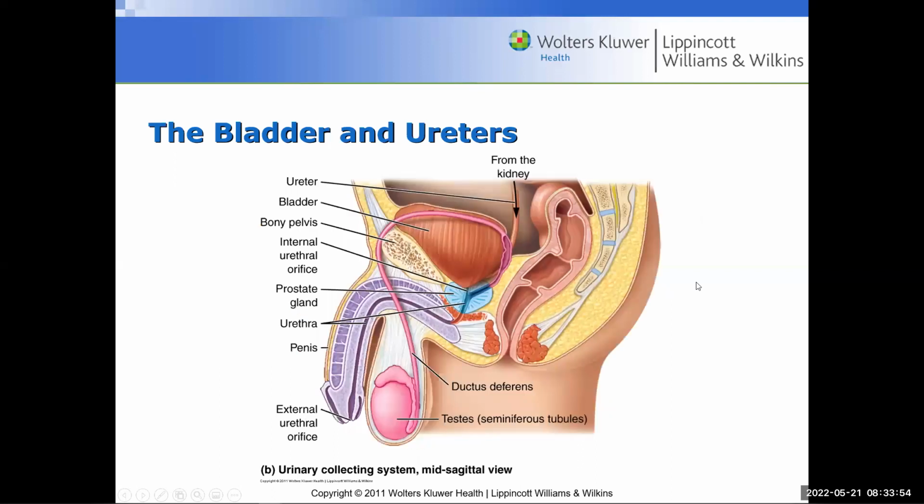So that's why it's important to have it. This is showing the bladder and ureters in section again, mid-sagittal view. And here we see the bladder, and here is the prostate. Note the prostate is really like a donut. Running through the prostate, you have the urethra. Swelling of the prostate then could lead to constriction of the urethra, such that this condition, which is known